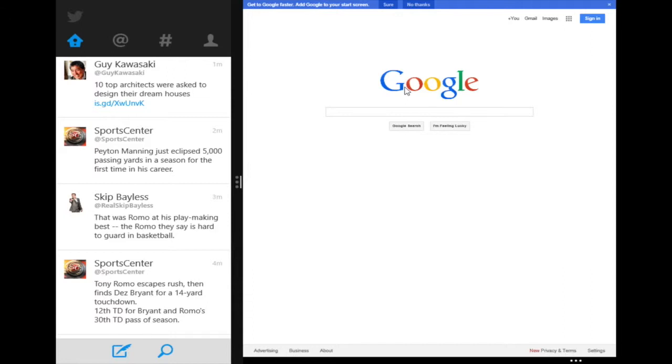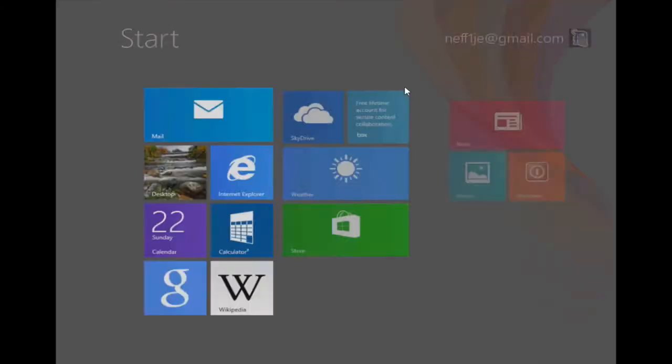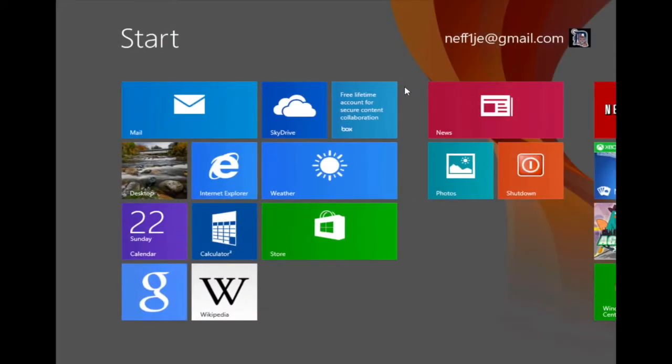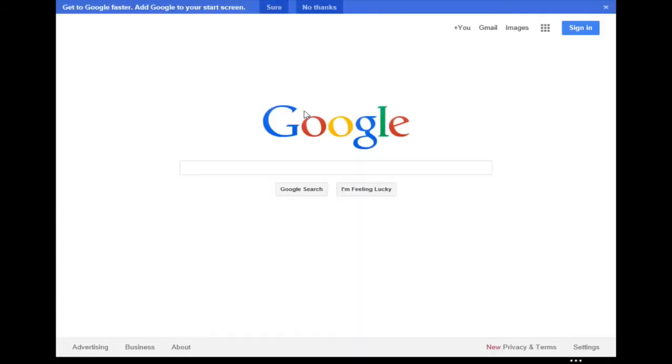At this point I'm going to go back to my start screen, and let's assume that we want to open up Internet Explorer. Now that we have the Internet Explorer app opened, we must make our screen ready to show side-by-side applications. There are a few different ways to do this, and the first way I'm going to show you uses the